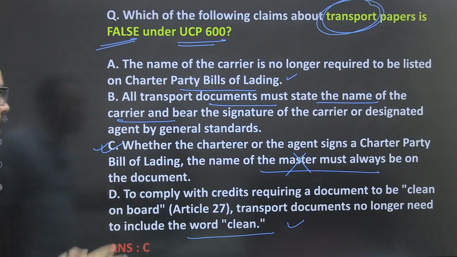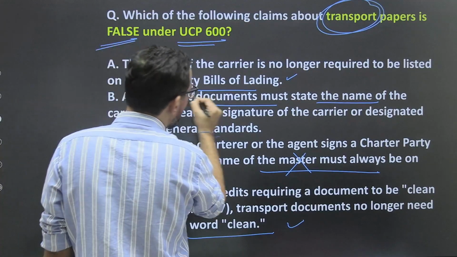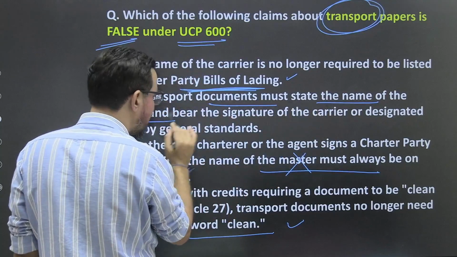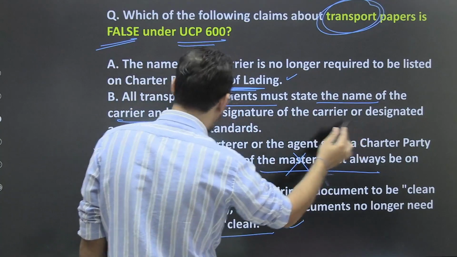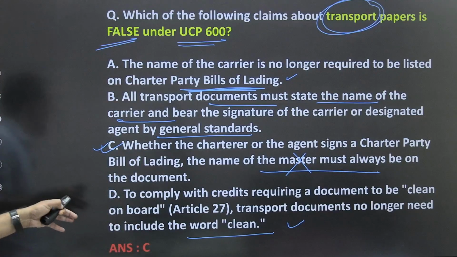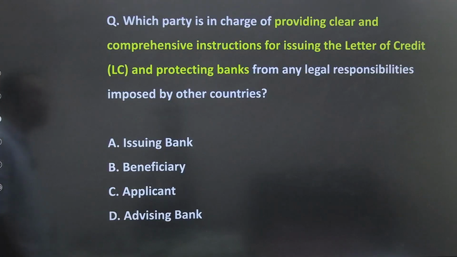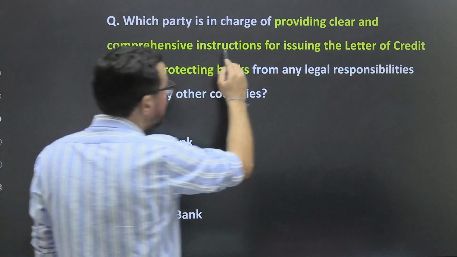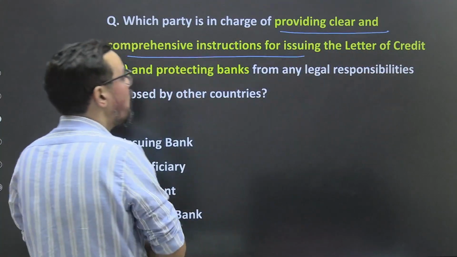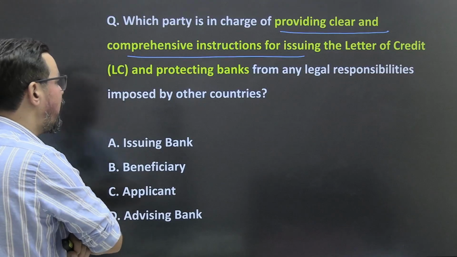अच्छा, ओके, हाँ, अब नाउ आई गॉट दिस। चार्टर पार्टी बिल ऑफ लेडिंग पे इसका जरूरत नहीं है, रिमेंबर, हाँ, दिस इज नेम ऑफ द कैरियर एंड bear the signature of the carrier designated by agent on this, ठीक है। So this is the totally two different one, right? Now I got this. चलो, which party is in charge of providing clear and comprehensive instructions for issuing LC and